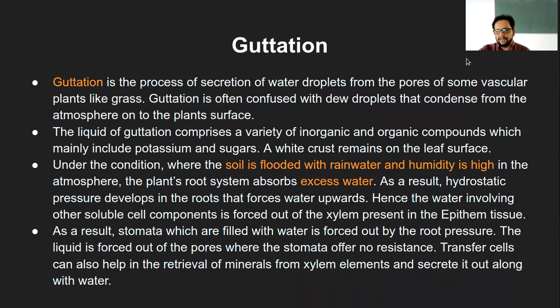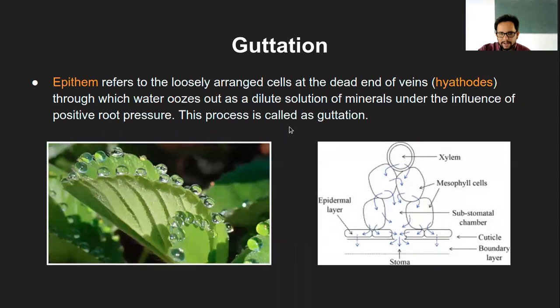Now, the next process which happens because of the root pressure is called guttation, not directly as a result of root pressure, but of course, water is getting absorbed, and because of that, guttation occurs. Now, what is guttation? Just to give you a brief idea, we know transpiration is loss of water in the water vapor form through the surface of the leaf, right? And guttation is the process of secretion of water droplets from the pores at the margin of the leaf. So just to show you, and you will get clarity of what guttation is.